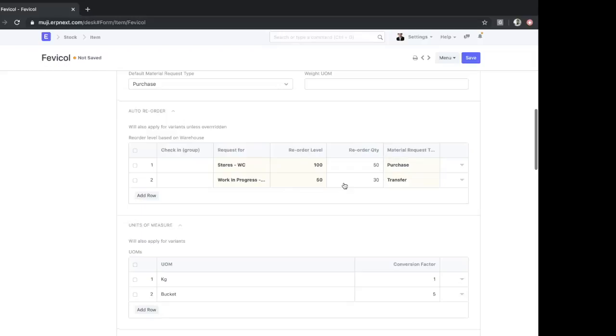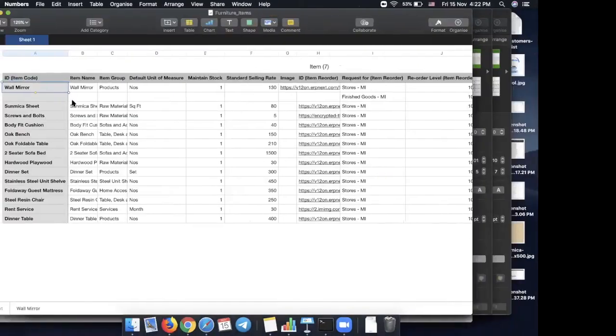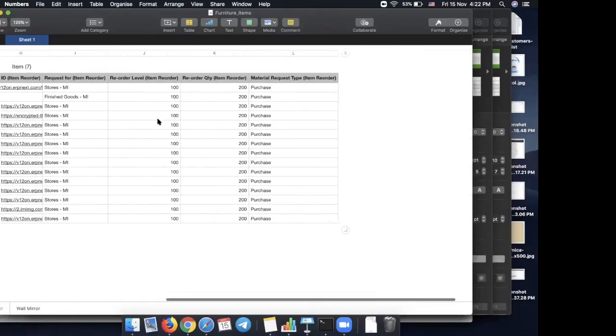So I have tried considering the same use case wherein there is an item, and I'm also trying to update the reorder level, which is a child table, via Excel file itself. So here is the Excel file of item. I have already used the template downloaded from ERPNext. I have mapped all the item codes based on item name. For this particular item, in the end we see